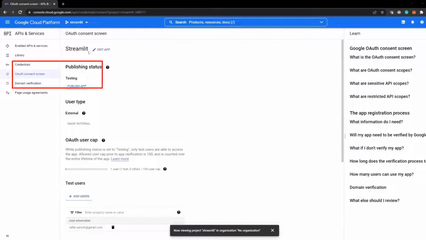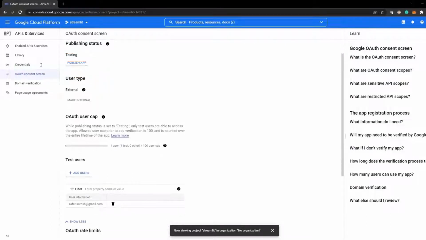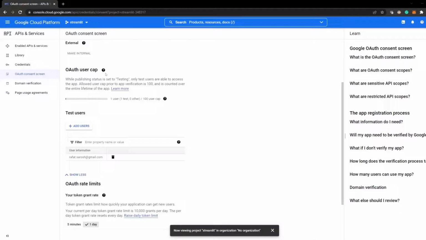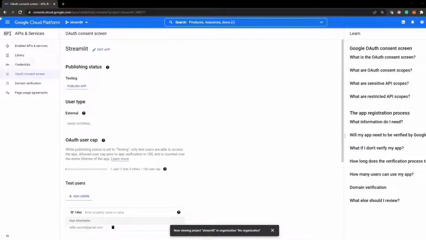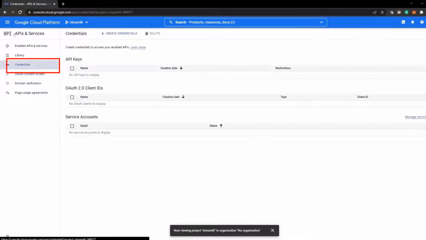So you can see OAuth consent screen here. You can see your publishing status. User cap is there because it is in testing. Once it goes in production, then you will not have those caps, things like that. So now go back to credentials and say create credentials,